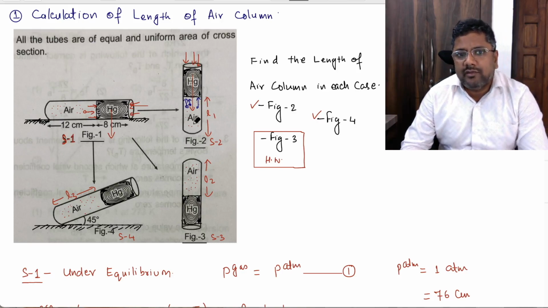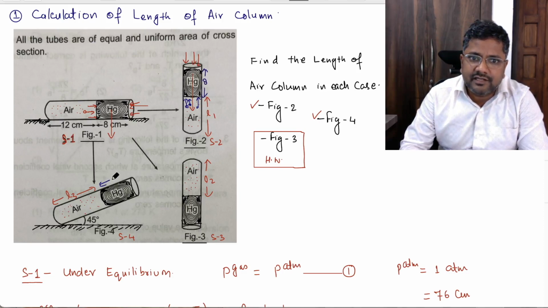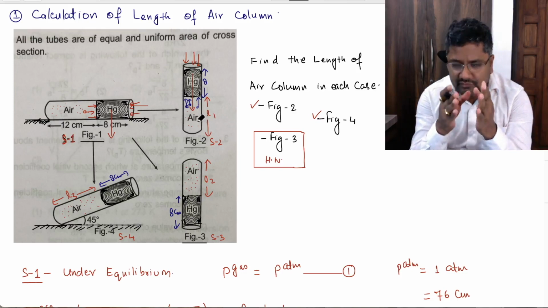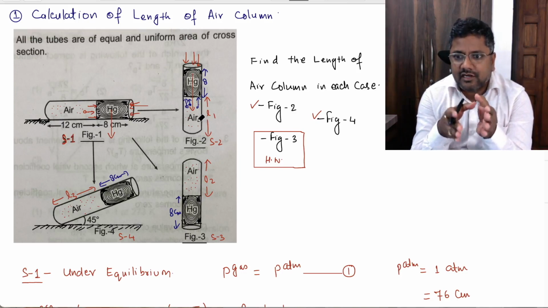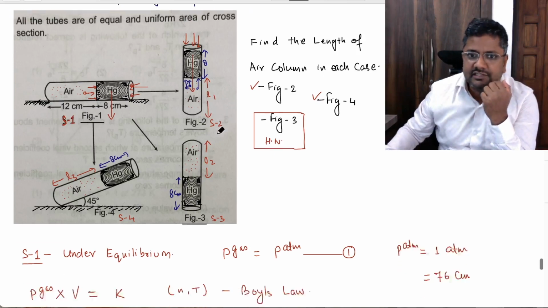so under equilibrium, the pressure of this air column, which is taken here, is equal to the pressure offered by this. This is 8 centimeter. In all cases, you have to take this as 8 centimeter mercury length. This is always 8 centimeter. Right? In all cases, there is no increase or decrease. So this vertical height of mercury is also equivalent to some pressure, and here atmospheric pressure. So what is the pressure of this gas?